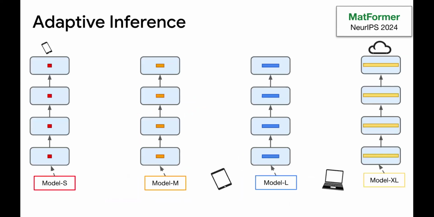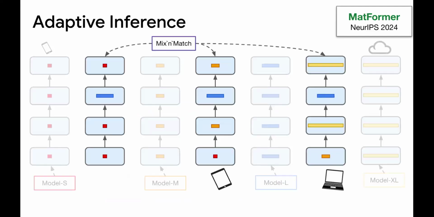Now you can use the smallest model for your phone, the largest model for your cloud, but there exists an iPad which falls in between model L and model M. Can we bring granular interpolation here? It turns out yes, but the way is a bit different. We call this mix and match. The first layer can be a small granularity, second can be a medium, third can be a large, and so on. If you have 4 granularities and 10 layers, that is 4 to the power of 10 possibilities. And most of these, if you sample them right, fall in the Pareto of all of these other models. So you can literally sample the models during inference time, never train them, and deploy them.